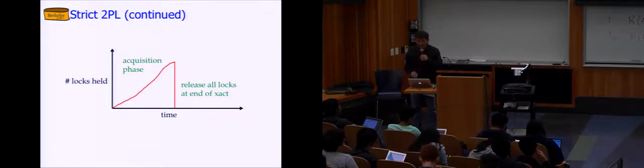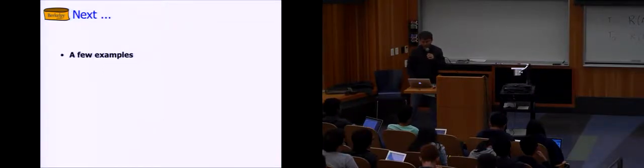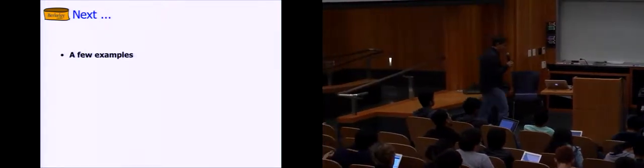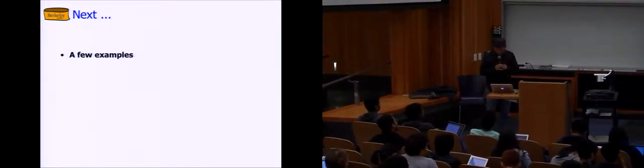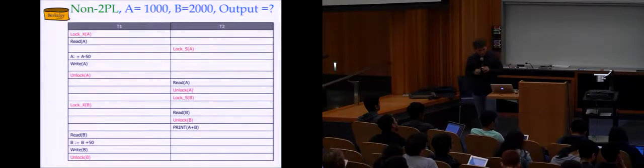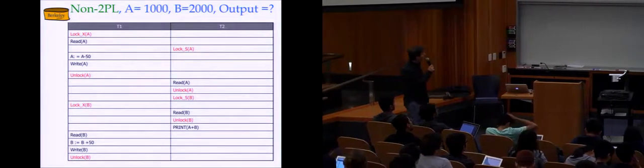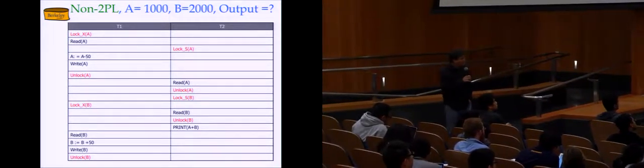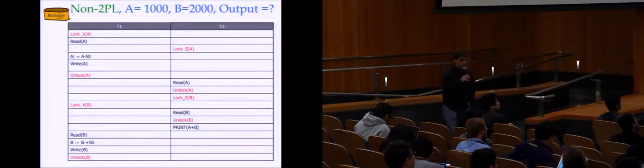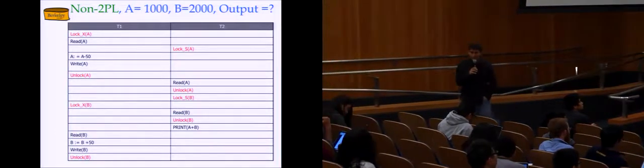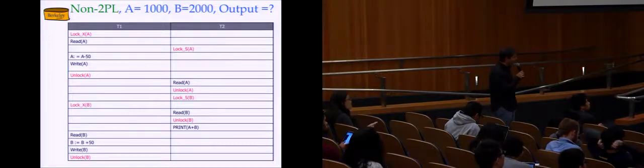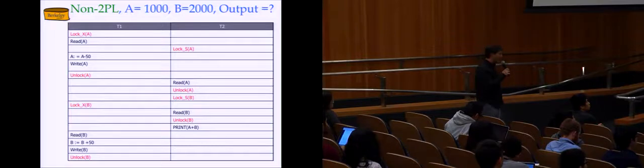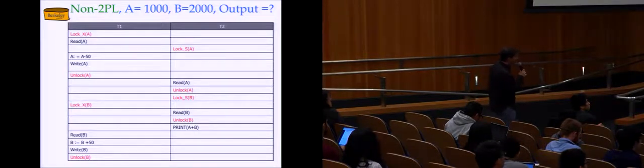Okay? With that, I thought it'd be worth going through some concrete examples in the slides, and we'll do them together. We'll talk them through. Okay. So this is not a two-phase locking schedule. This is just some old schedule. And now instead of going horizontally across the board, we're going down the screen. This is pretty typical in these transaction schedules, actually, to write them vertically, because most pages are oriented vertically. All right, so T1 is on the left, T2 is on the right,